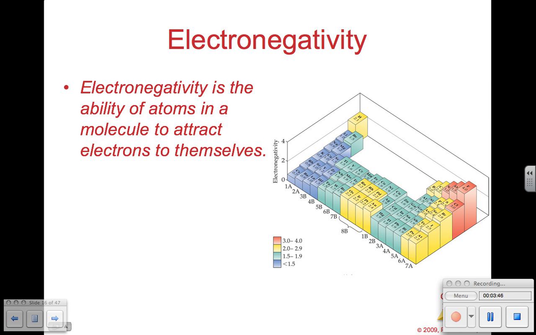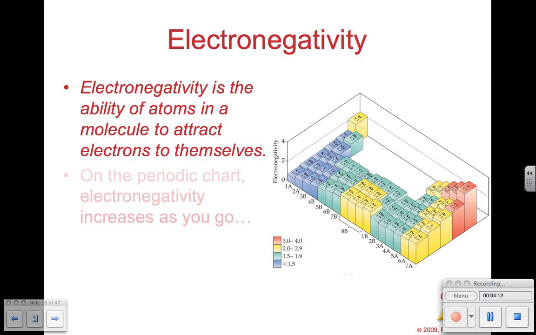Fluorine has the highest electronegativity value, and then everything else is kind of based off of that. The lowest electronegativity is down there at the bottom of the alkali metals. So knowing this trend is actually a decent way of predicting how polar a bond is going to be, at least